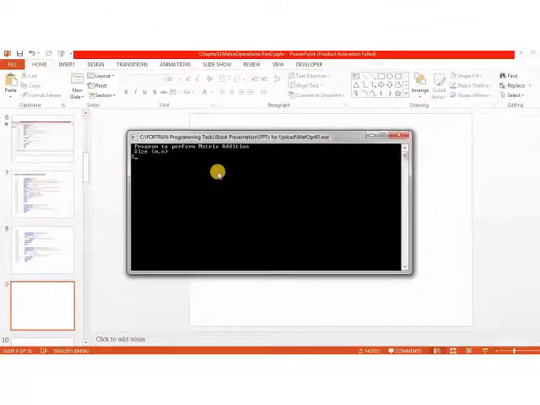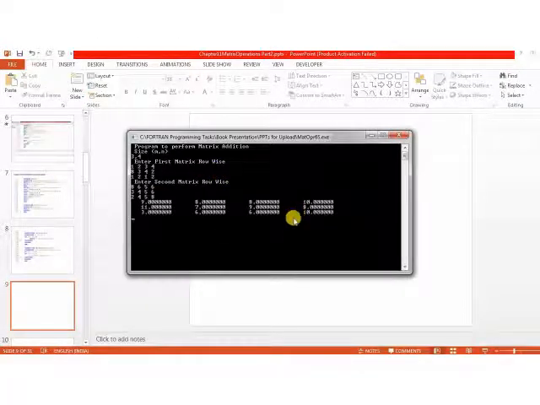Let us say the size of the matrix is 3 by 4. First matrix. And second matrix. This is the addition.